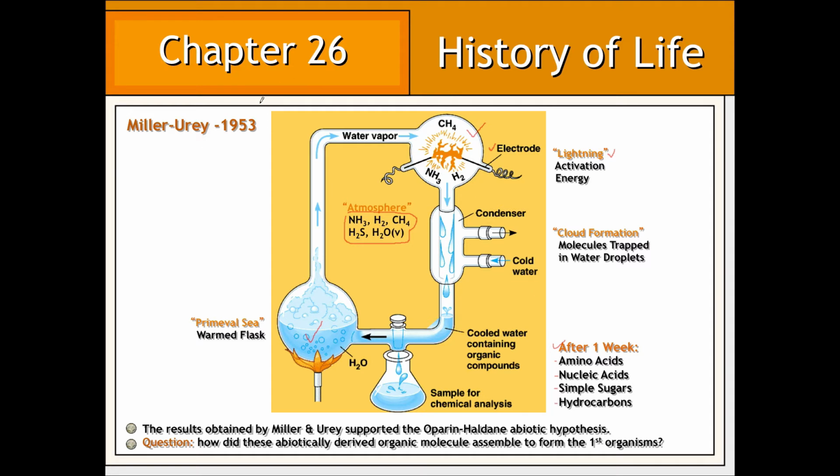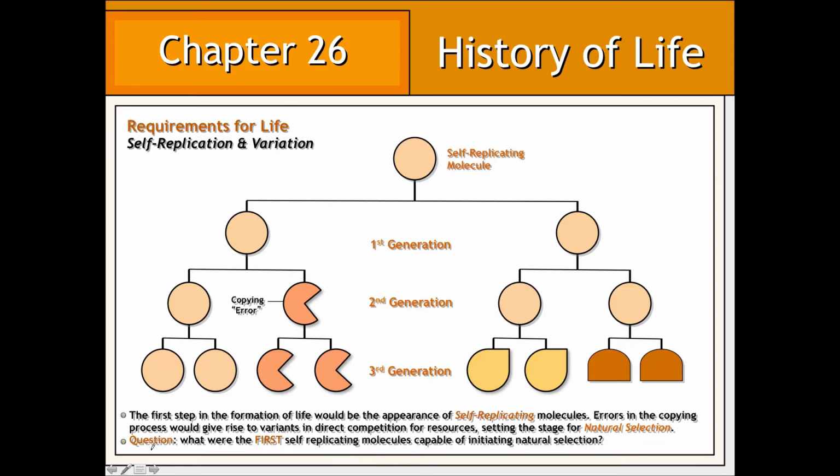The question that we need to ask, however, is how did these abiotically derived molecules assemble to form the first living things? The first step in the formation of life would have to be the appearance of certain self-replicating molecules. Now, as we should expect, such molecules would be prone to error during reproduction,